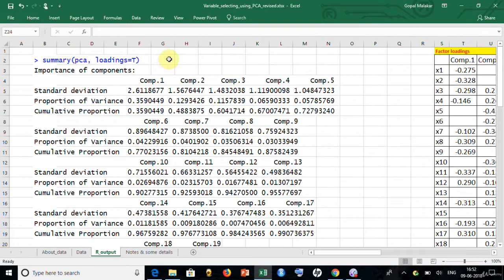Now one more thing, keep in mind the first component is very important. It is explaining 36% of the total variance. Afterwards this is 12, and then it is 6 and 6%. So what I'm going to do is select 4 variables from component 1, 2 from this, and 1 from this. This output which you are seeing at the bottom,